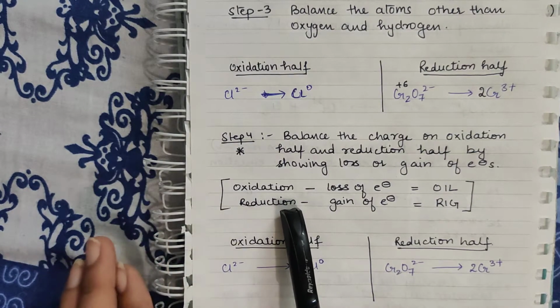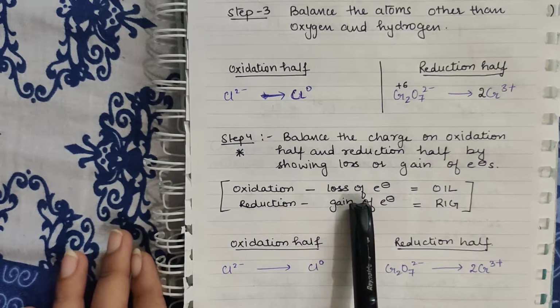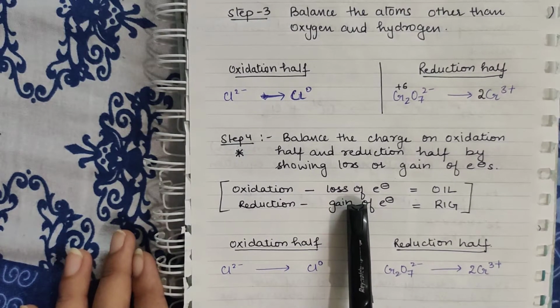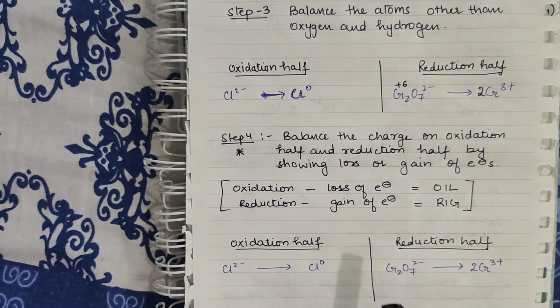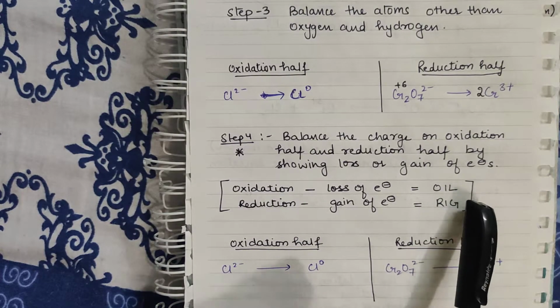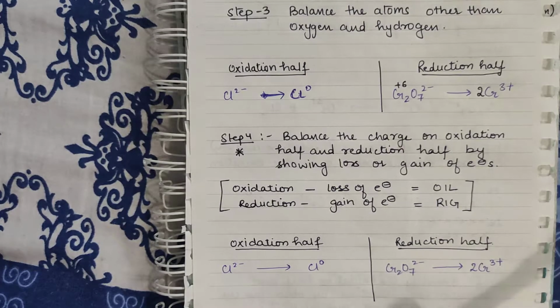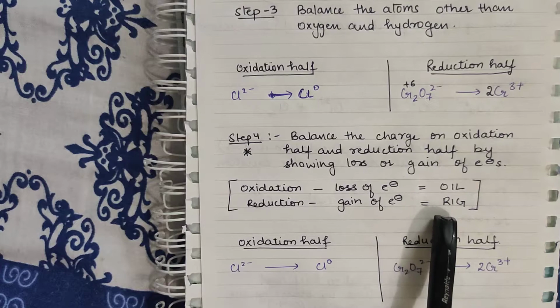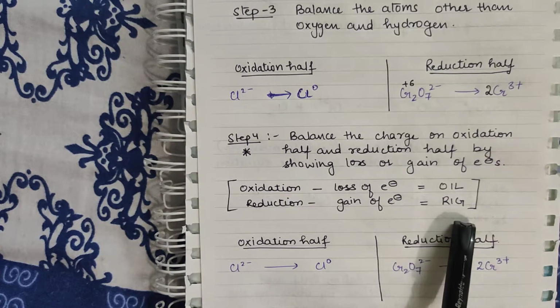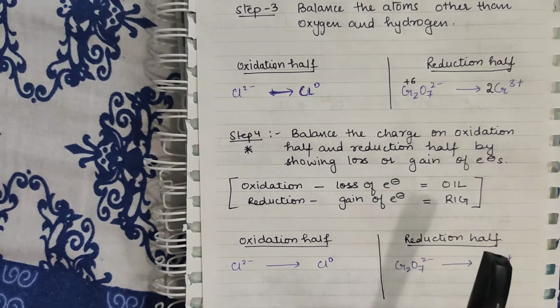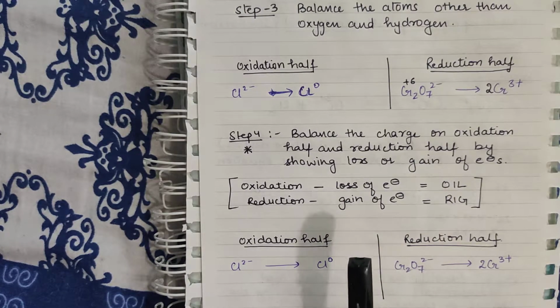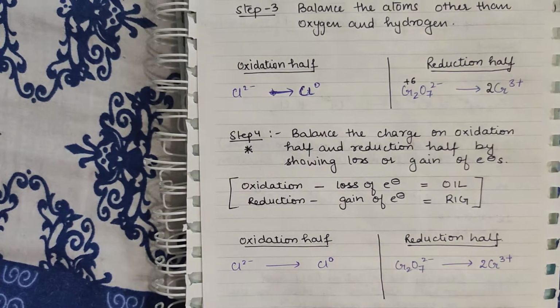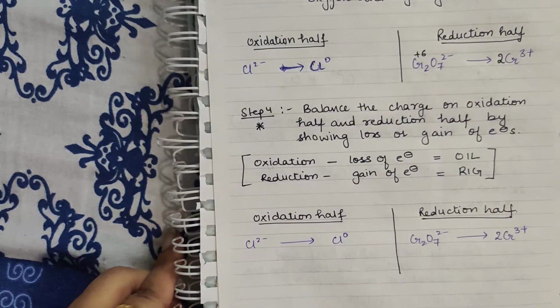Generally oxidation is represented by loss of electrons, as you people know already, but in case you are not able to recall, you can keep this in mind. There is a formula, OIL RIG. OIL means oxidation is loss of electrons, and reduction is gain of electrons. And obviously we say that loss of electrons is represented on the product side and gain of electrons is represented on the reactant side. So you have to observe it carefully.